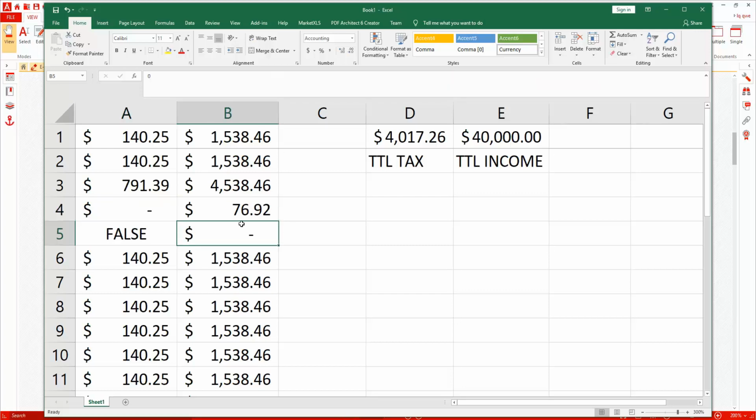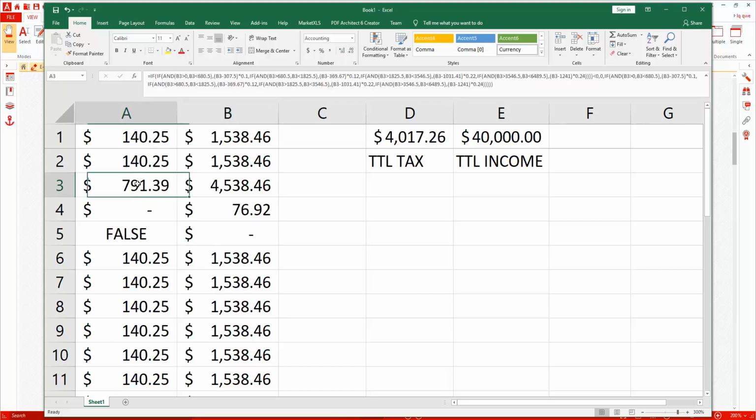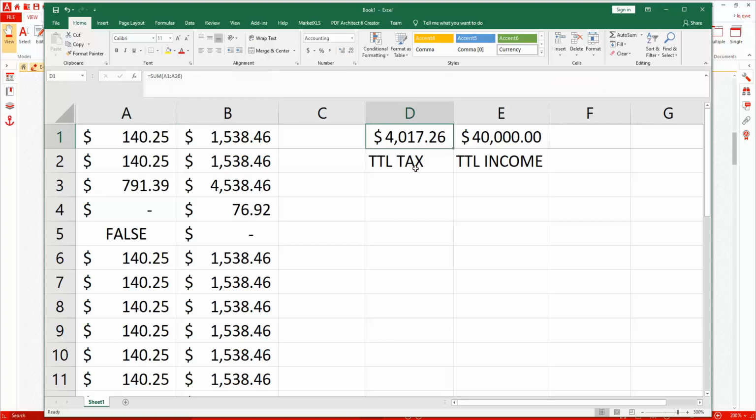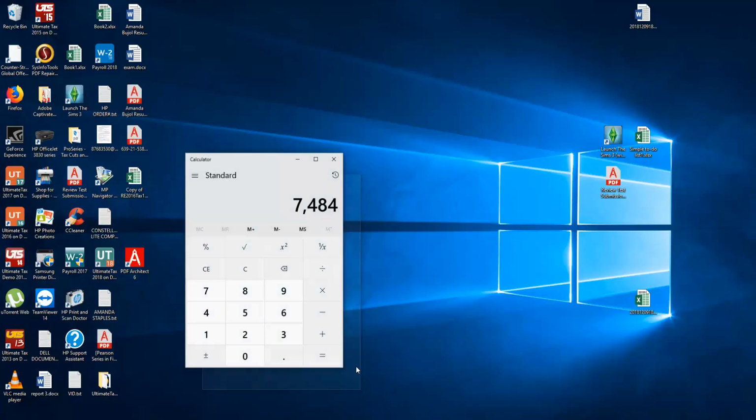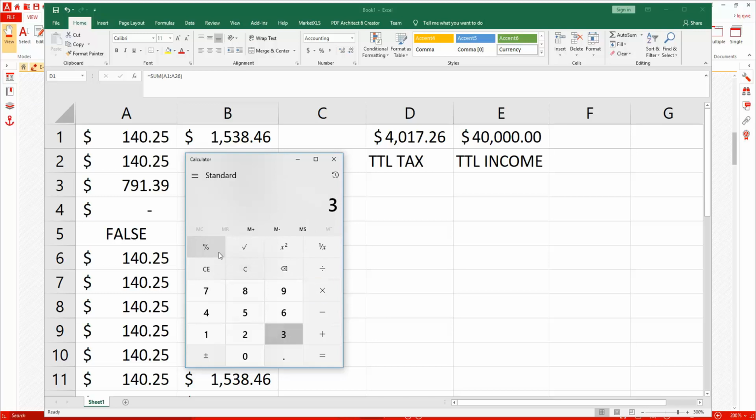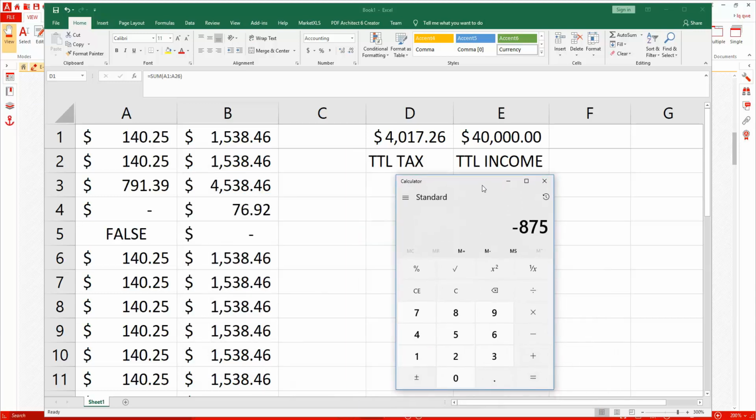Okay. All right. Now, with this big bonus, like I said, you're going to have a large withholding because it's more money. But look at your taxes, though. See, you're going to have $4,000 withheld when all you owe is $31.42, and your refund is going to be what? $31.42 minus $4,017. Your refund is going to be $875. Whoopee! But all you really did was pay too much money and then get some of your own money back, right? So the game plan is to pay what you owe and not a penny more.